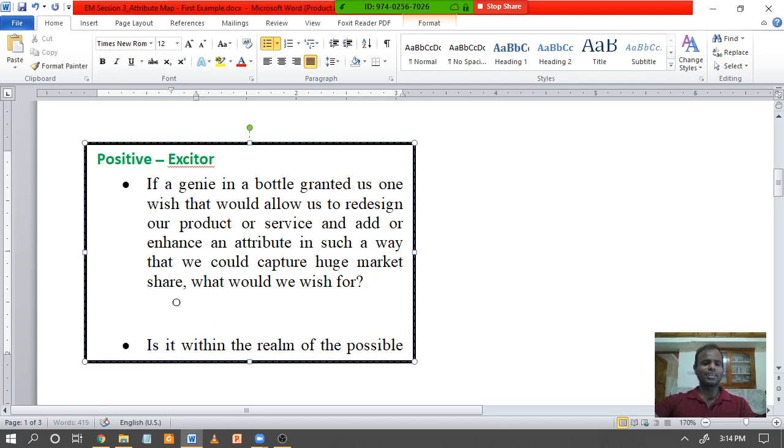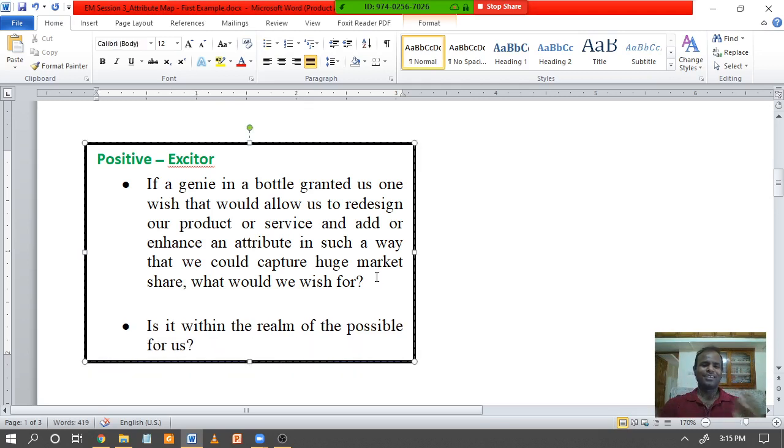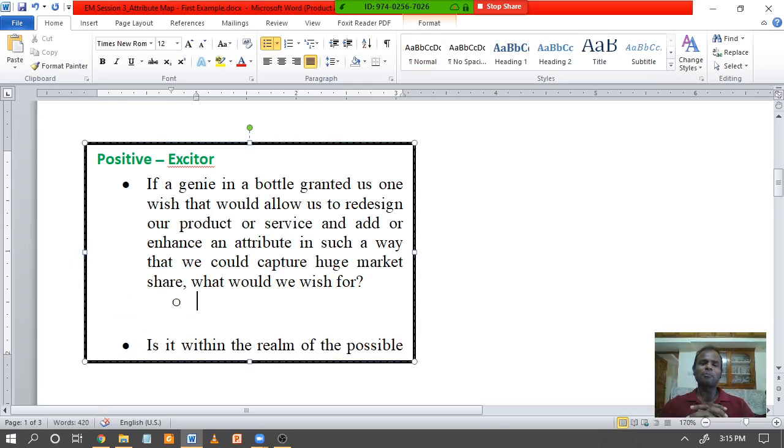Next is a very interesting topic. If there is one thing that you can have in Karunya which will create this exciting factor, what will be that one thing which will make every student want to run to Karunya to study? If there is one thing that Karunya would offer which would make it popular among every choice in the segment, it can be a redesign of any course, or an enhancement of an already existing attribute. What would be that one thing?